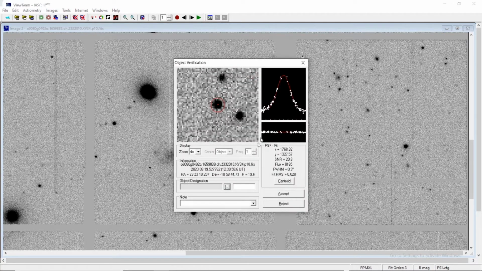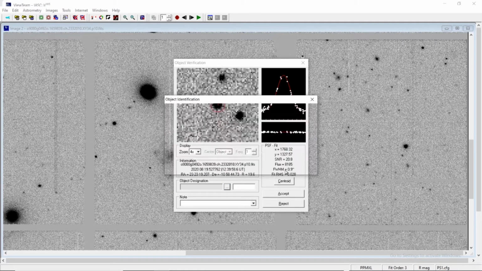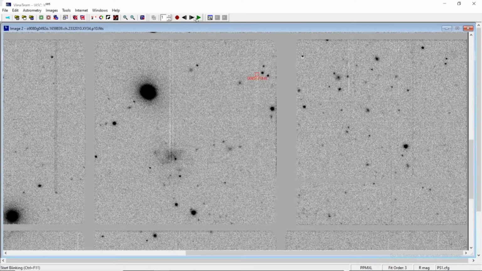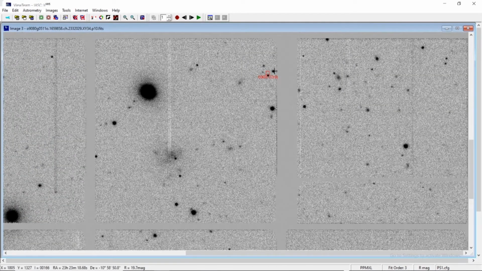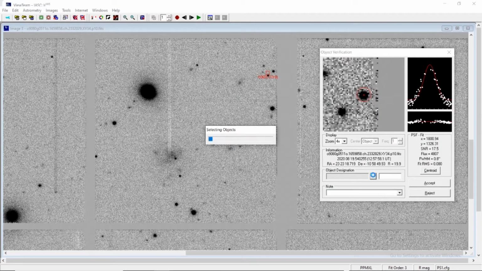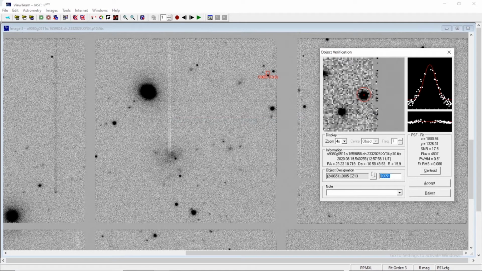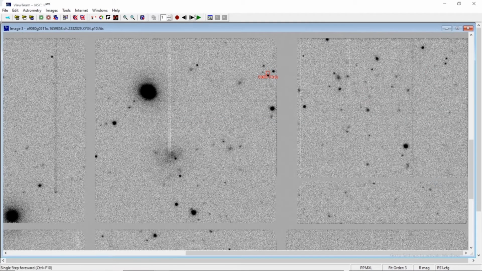After putting the crossbar here, everything is acceptable. So in that acceptable range, what you are going to do is just select the object from object designation, select the nearest object, click OK, accept it, go to image number 3. In that image number 3, again you do the object verification, you select the object designation. In that object designation, select the nearest object, select it, and see after the name appears whether it is same as that of the object after known object overlay. Accept it. Go for image 4.